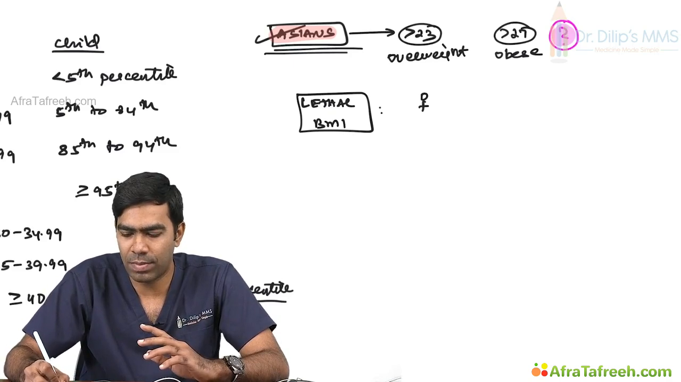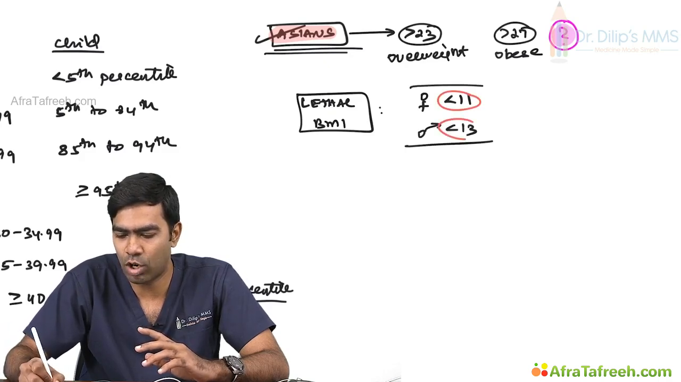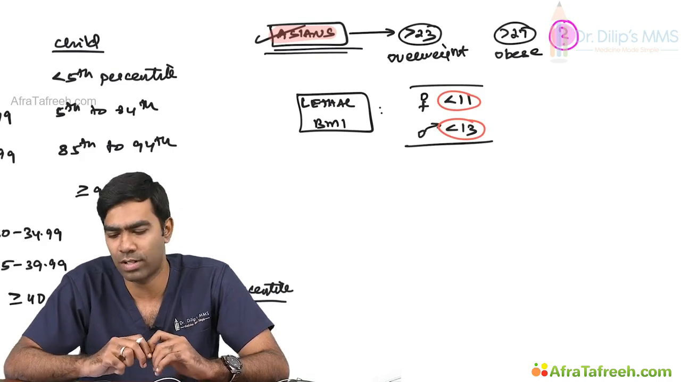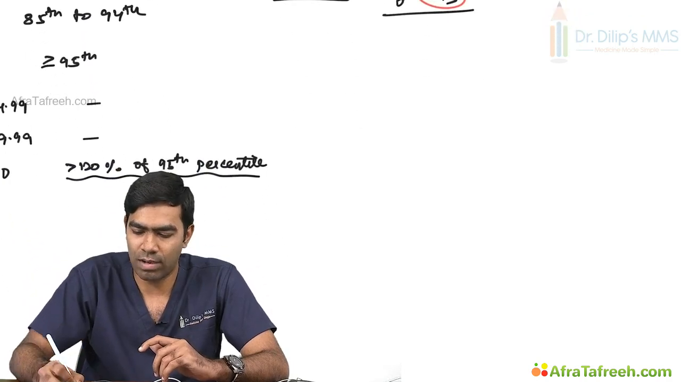It is defined as if the BMI in females is less than 11, or in males if the BMI is less than 13, this is considered to be incompatible with life and they will die for sure, and this is what we refer to as a lethal BMI. And we also have other